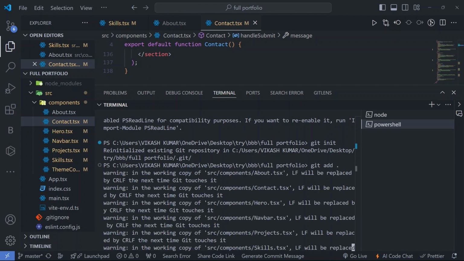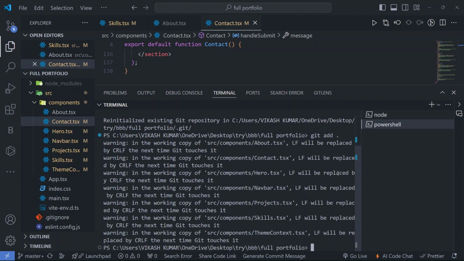So we are adding all the files here. Git add dot means all. So git add dot, then we have to commit these files. We have to commit means all these files we have to post in the stage area. So commit